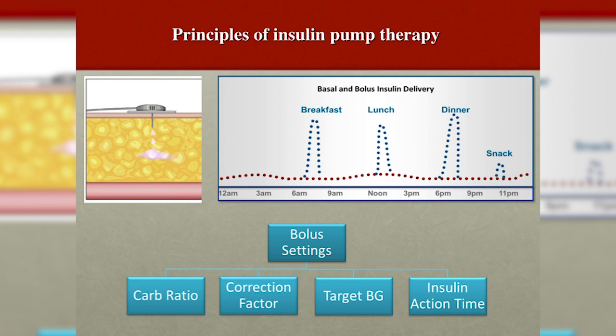So what are the principles of insulin pump delivery? This is a little plastic catheter that's inserted underneath the skin, with insulin flowing through the tubing from the little pump device, which I will show you. So the insulin gets delivered into the fat tissue, or subcutaneous tissue. It delivers basal insulin 24/7. We're all producing some basal insulin. Even if we're fasting for 24 hours, our pancreas is still producing a small amount of insulin. And that's what it does.